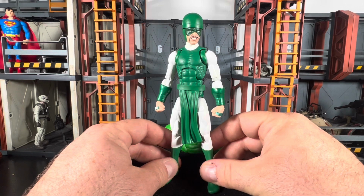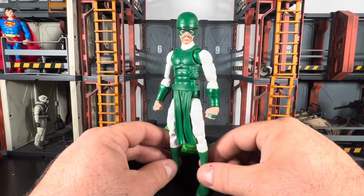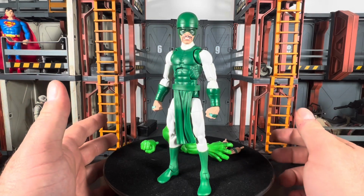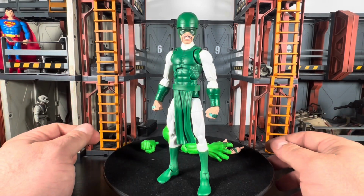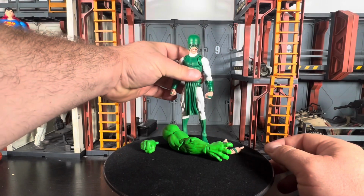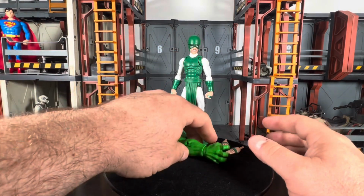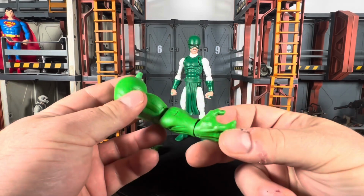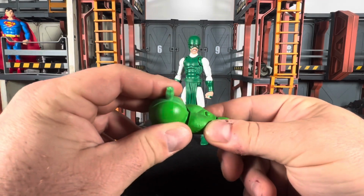Looks pretty good for the most part. Don't have too many issues. Karnak's kind of got a simple design anyway. There's nothing too crazy and wild about his design. He almost looks like some sort of monk or something like that. But he does also include the Amadeus Cho, I almost said Chode, Cho